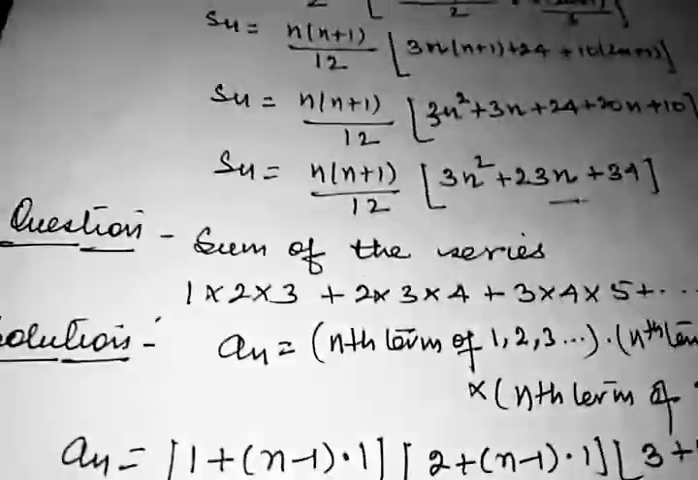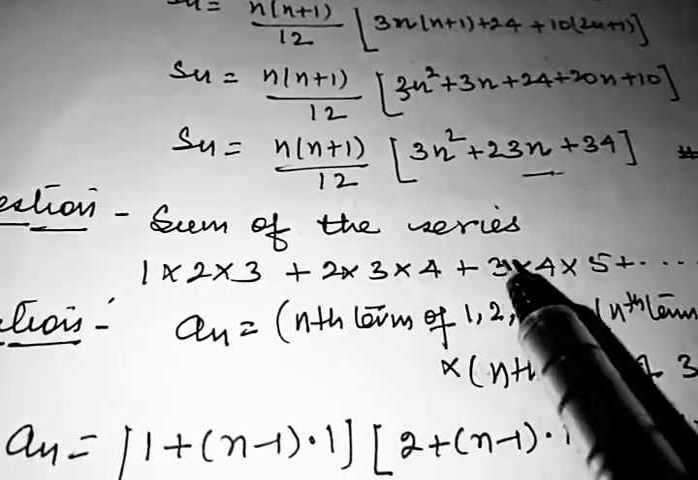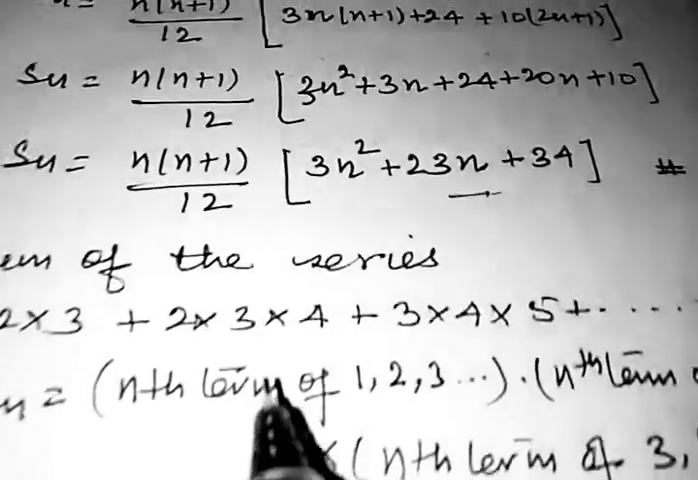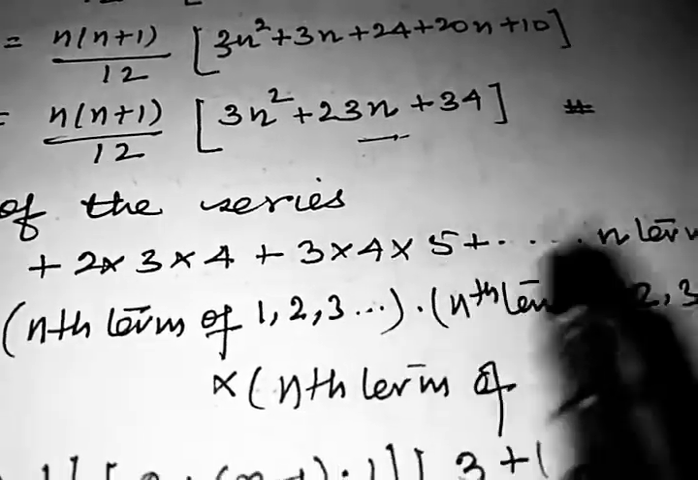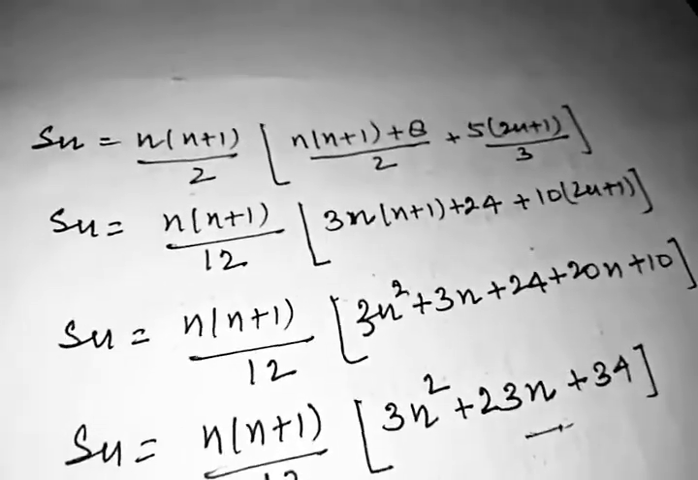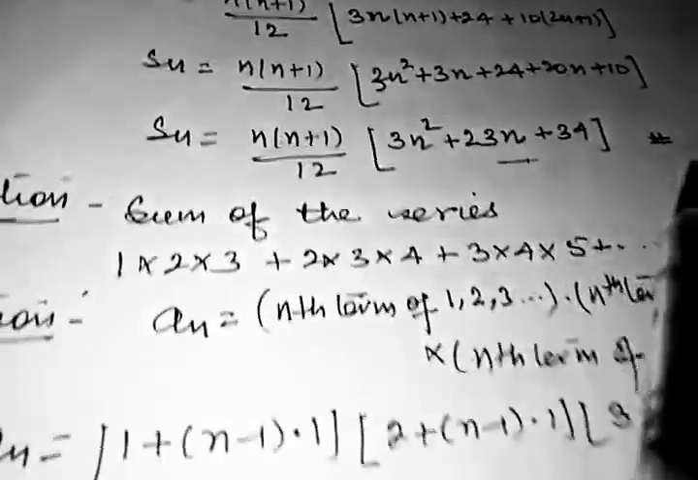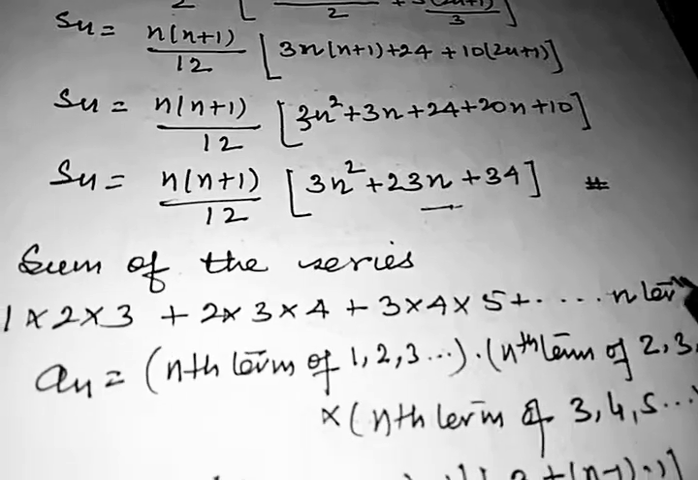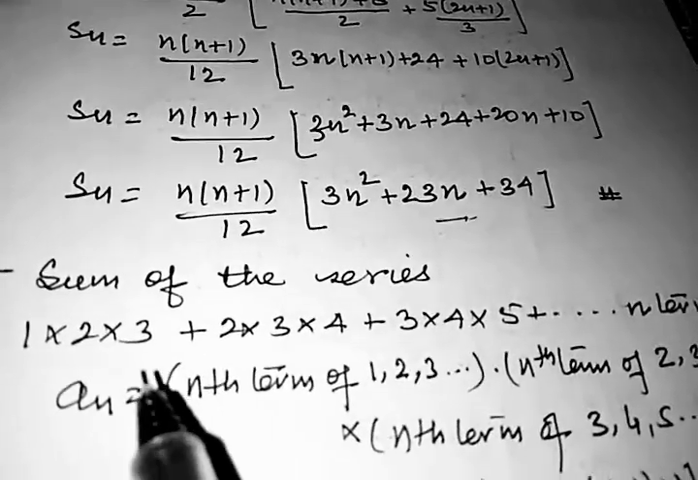Okay. Now the next question is the sum of the series 1 into 2 into 3, 2 into 3 into 4, 3 into 4 into 5. See, this is the multiple of terms. So here we have to analyze how the series is moving. First we have to find its nth term, then we'll go for the sum. So in the nth term, see,